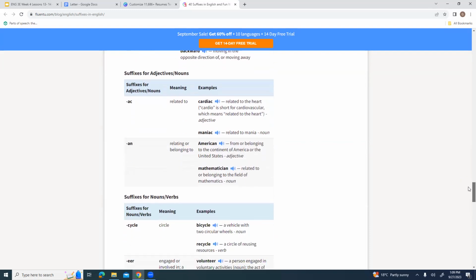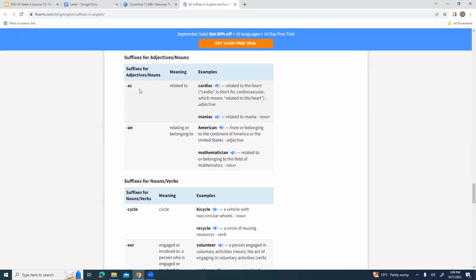We're going to do a couple more and then we'll take a break here. Ac at the end. Cardiac is related to the heart. Maniac is related to mania. Mania is like a hyperstate. An is relating to or belonging to: an American, a Canadian, a mathematician, right? It's often also kind of turning it from